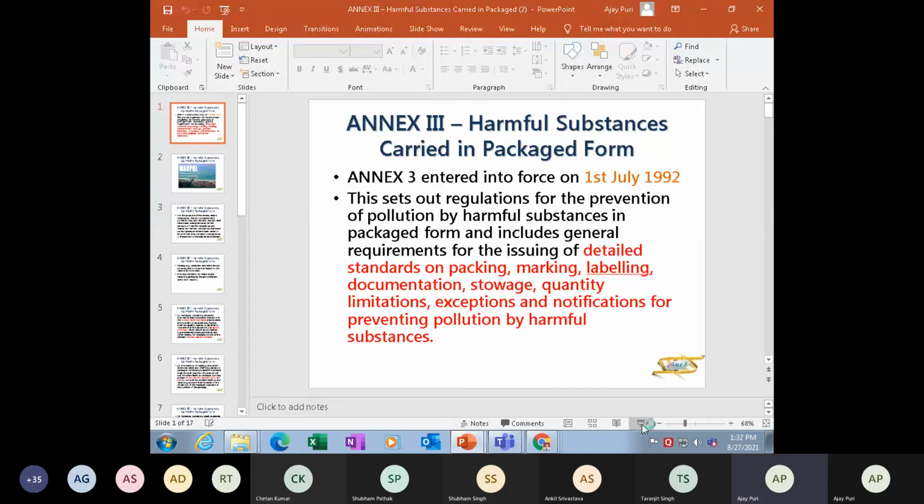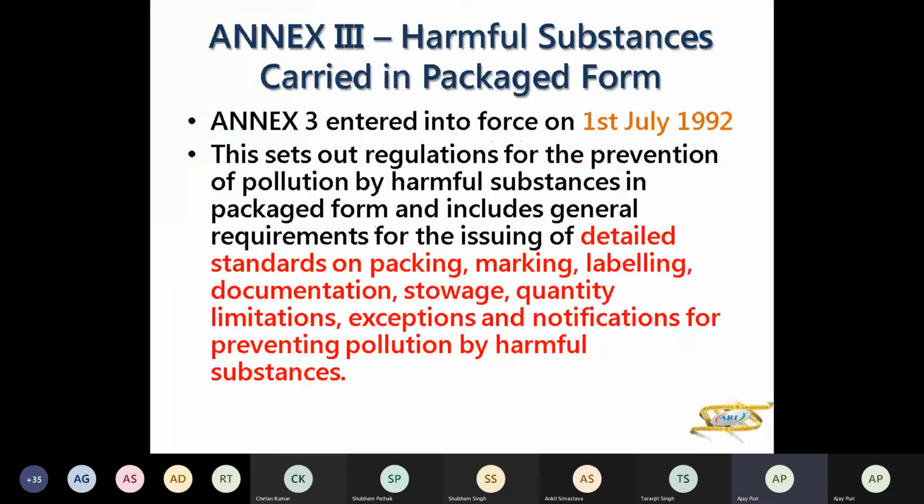So NX3 जो आया था came in force in 1st July 1992, और इसमें जो था regulations are to prevent pollution of harmful substances in packaged form. ये देख लो, it is not in bulk form but packaged form. एंड इसमें आपकी रिक्वायरमेंट्स थी स्टैंडर्ड्स ऑफ पैकिंग, मार्किंग कैसे करेंगे, लेबल कैसे करेंगे, डॉक्यूमेंटेशन कैसे करेंगे, स्टोरेज कैसे करेंगे, कुछ रिक्वायरमेंट्स थी क्वांटिटी लिमिटेशंस की, कुछ एक्सेप्शंस की, एंड नोटिफिकेशंस फॉर प्रिवेंटिंग पोल्यूशन बाय हार्मफुल सब्सटेंसेस। ये पूरा आपका NX3 में आएगा।